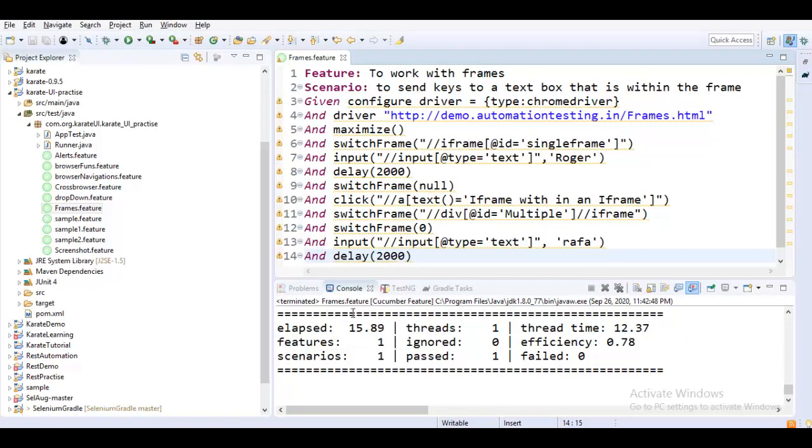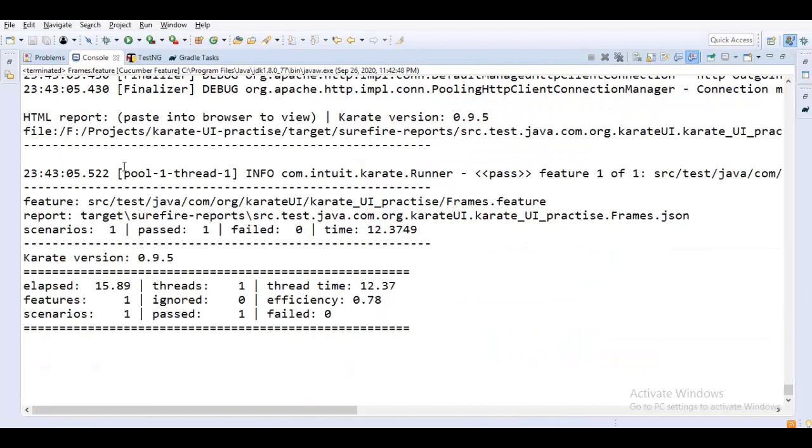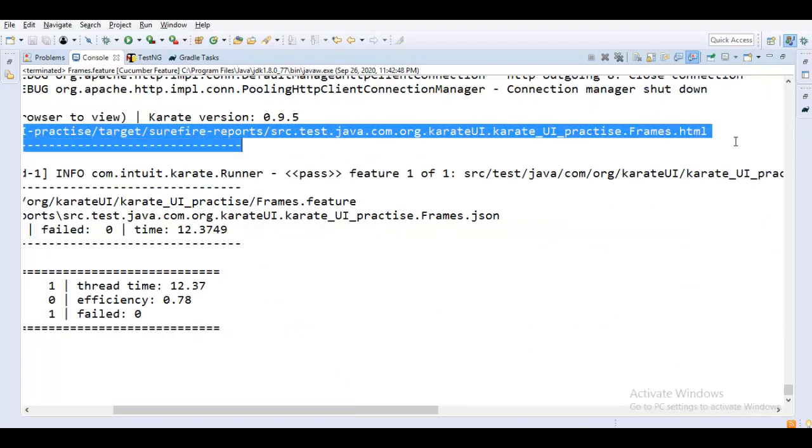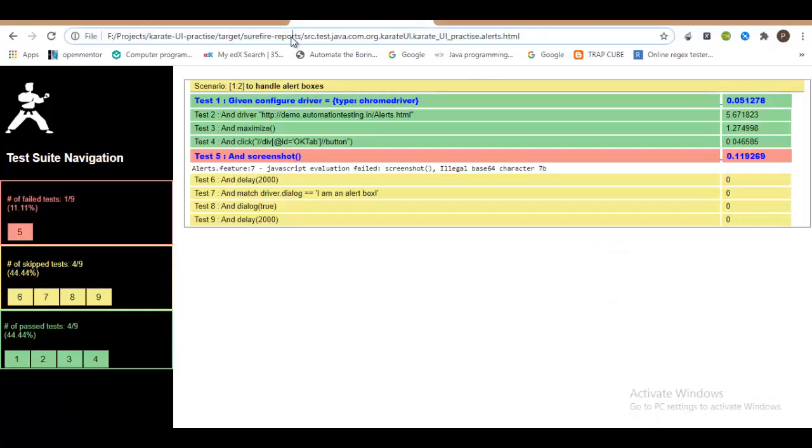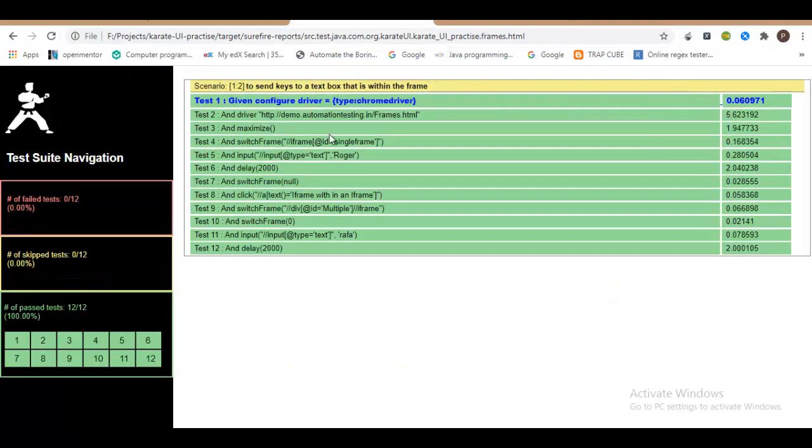So this is how you basically work with frames. Let us quickly take a look at the report. You can see that there are no failures, all steps passed.